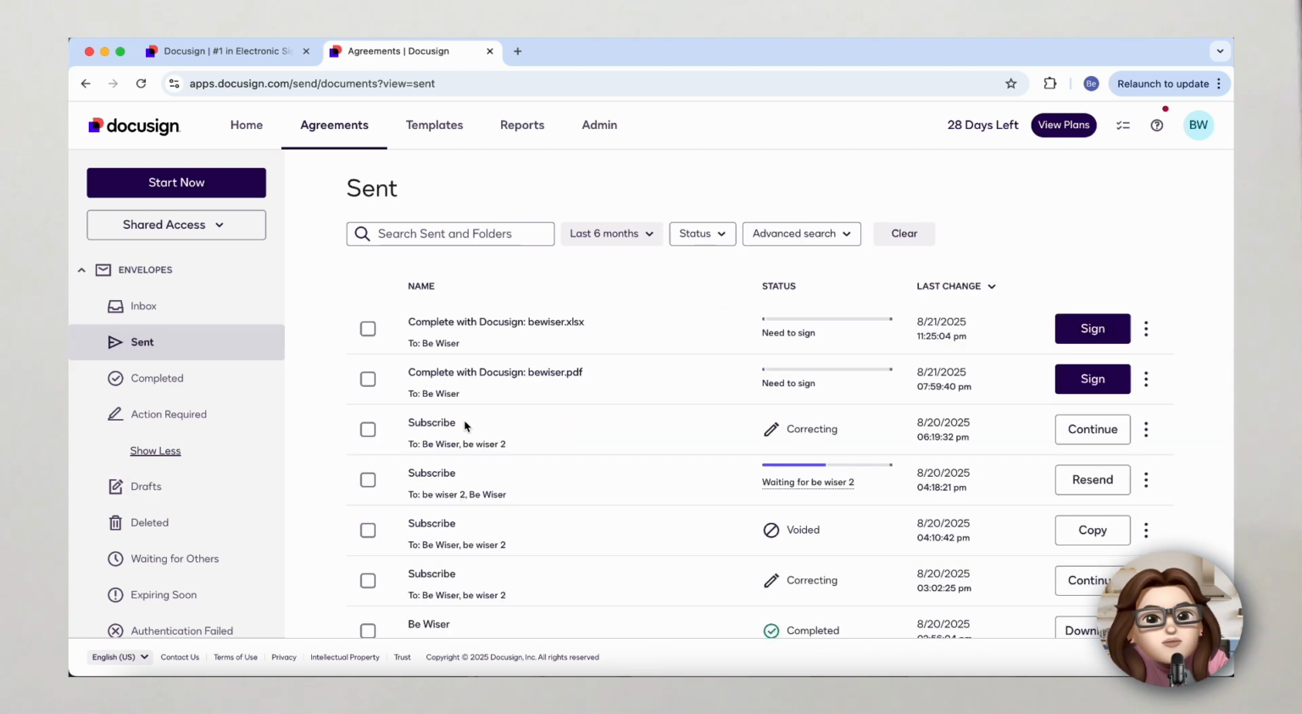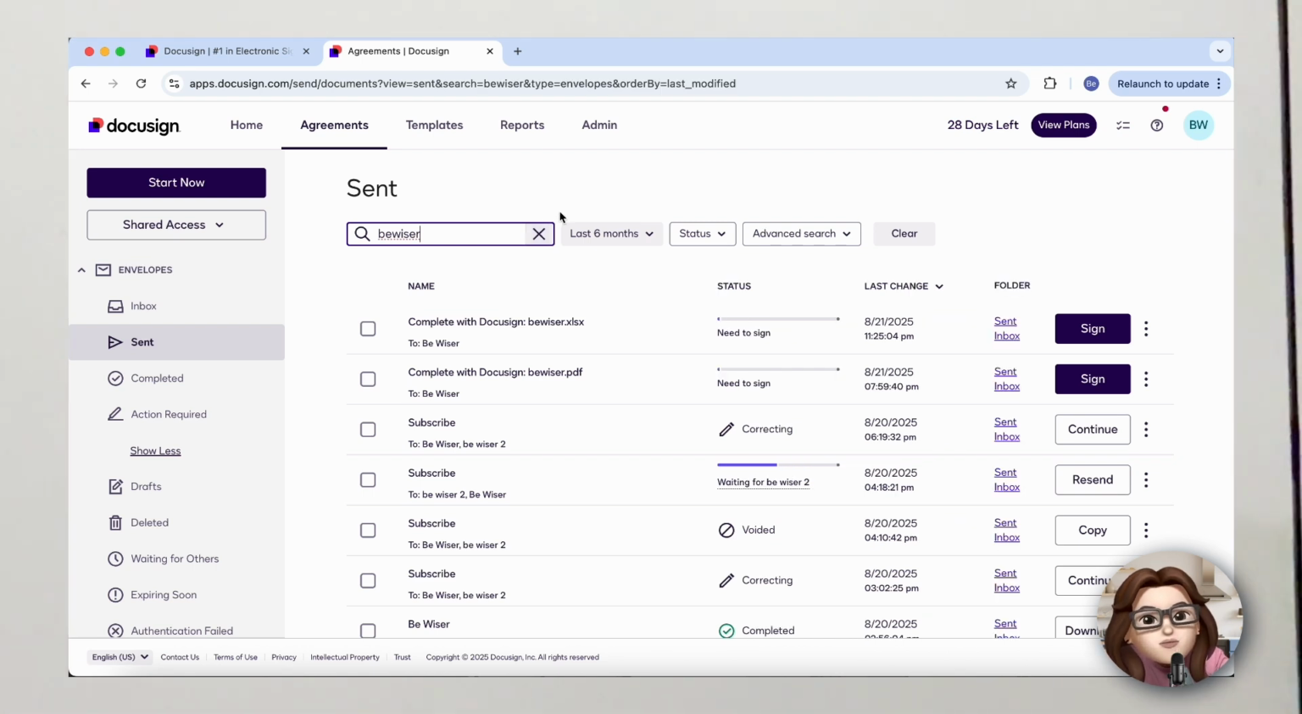If you're dealing with a lot of envelopes, the search bar is your best friend. Simply type in keywords, email addresses, or subjects connected to the envelope you're looking for. As you type, DocuSign automatically filters and displays matching results, making it super easy to locate exactly what you need